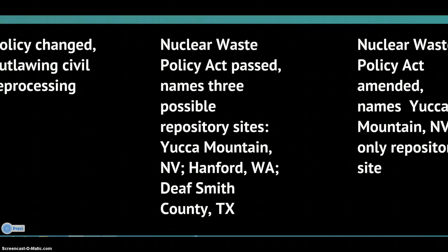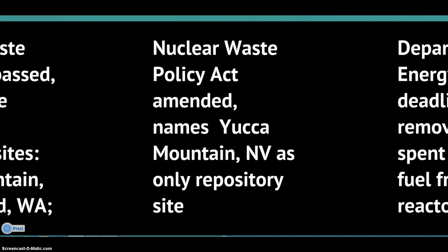Then, in 1982, the Nuclear Waste Policy Act was passed, which required the Department of Energy to provide a permanent waste storage site for the disposal of spent nuclear fuel. This act named 3 possible repository sites: Yucca Mountain, Nevada, Hanford, Washington, and Deaf Smith County, Texas. Then, in 1987, this act was amended to name the Yucca Mountain, Nevada site as the only repository site for